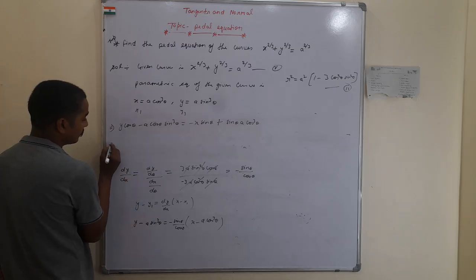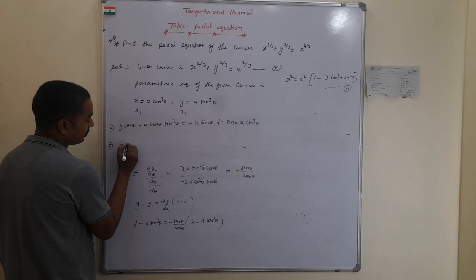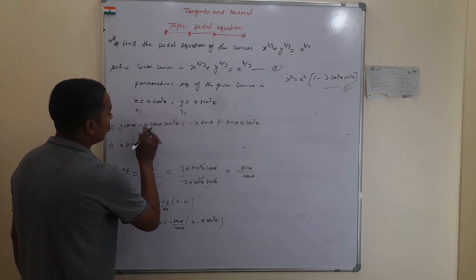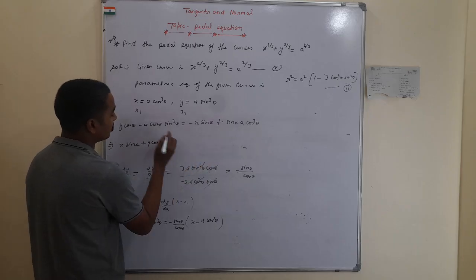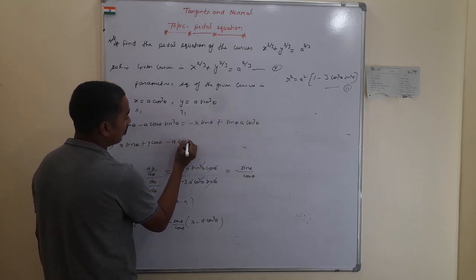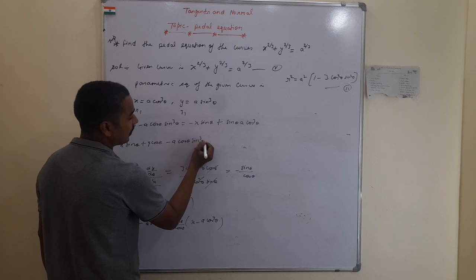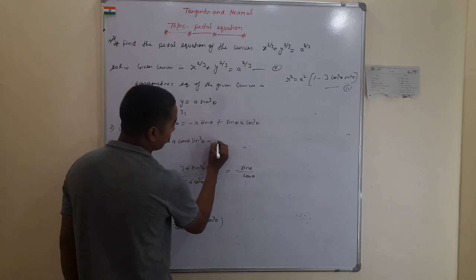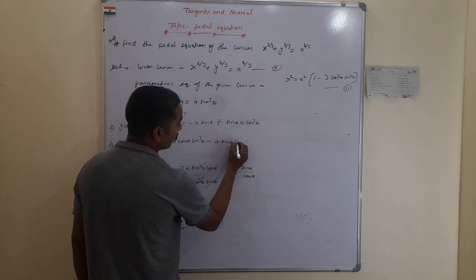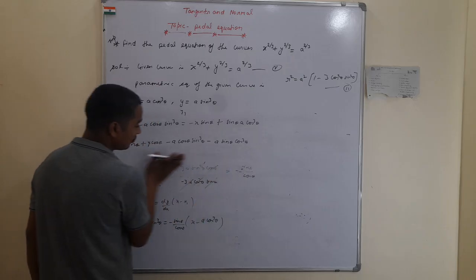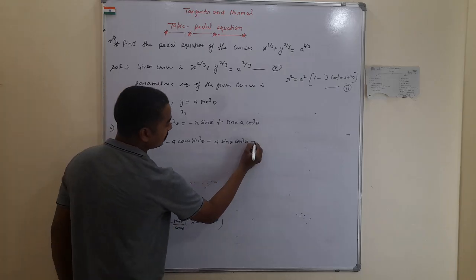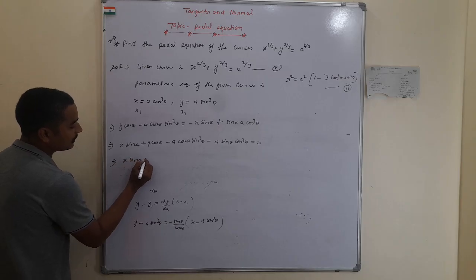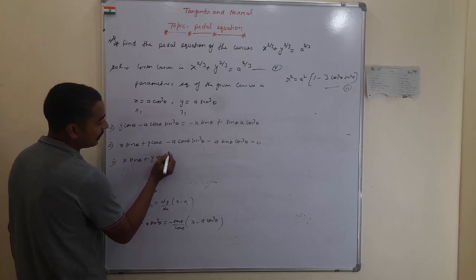This gives minus x sin theta becomes plus x sin theta, and here plus y cos theta is already present, and once again this is minus a into cos theta into sin cube theta, and sin theta into a into cos cube theta taking to left hand side. This is minus a into sin theta into cos cube theta. Further, this is equal to 0, x into sin theta plus y cos theta,